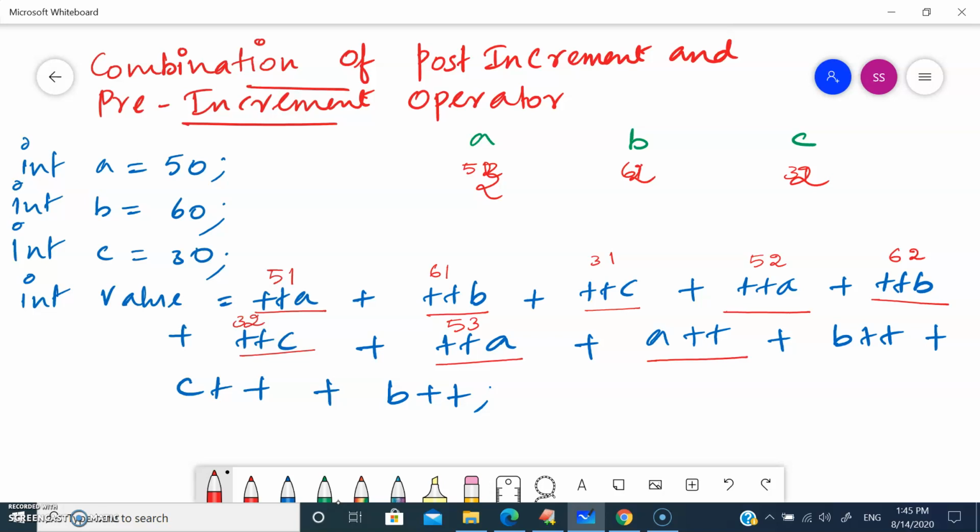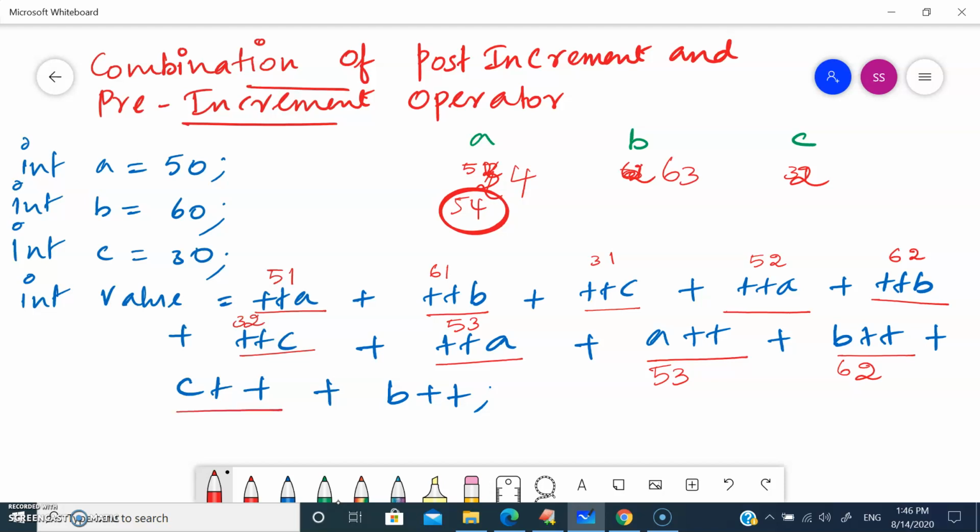Now a++. What is the value of a? We have 53. The incremented value is going to be stored in a. So the a value is 54. What is the b value? The incremented value is going to be stored in b, 63. Again c++.